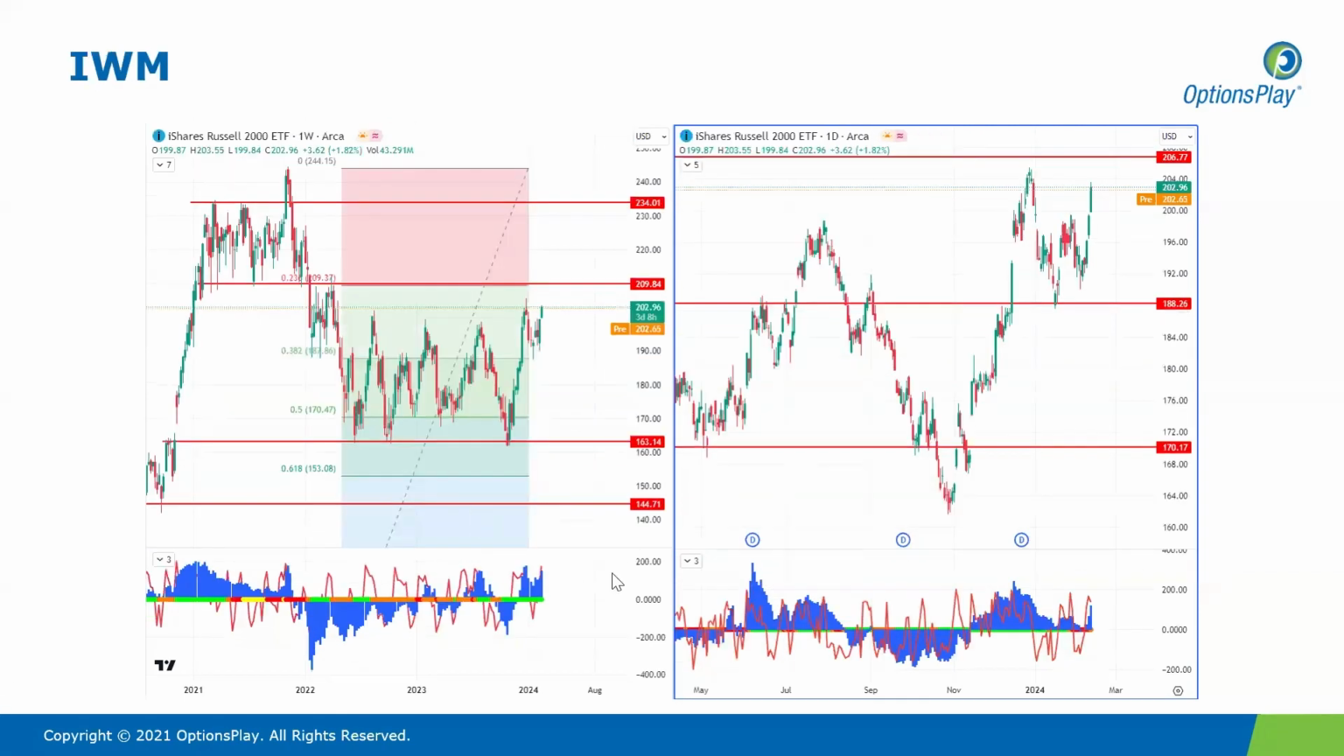Okay, so small caps, looking at IWM, the Russell 2000 ETF. I'm seeing some outperformance here in the last few days. Price did respect the 188 level that we have spoken about now for a few weeks, the 38.2 fib. Initially it looked like it was going to break out, but actually came back, retested 192, and now we're seeing plenty of momentum. Taking a look at that momentum chart there at the bottom, you can see the blue lines